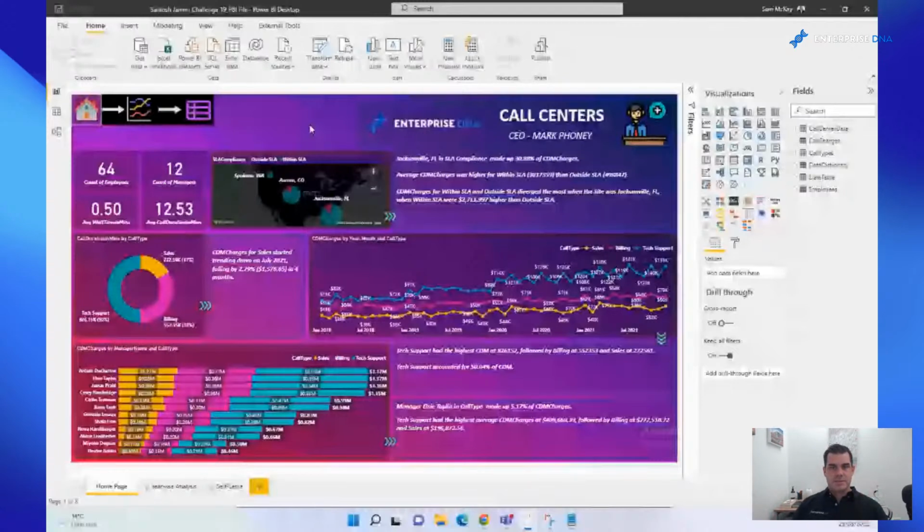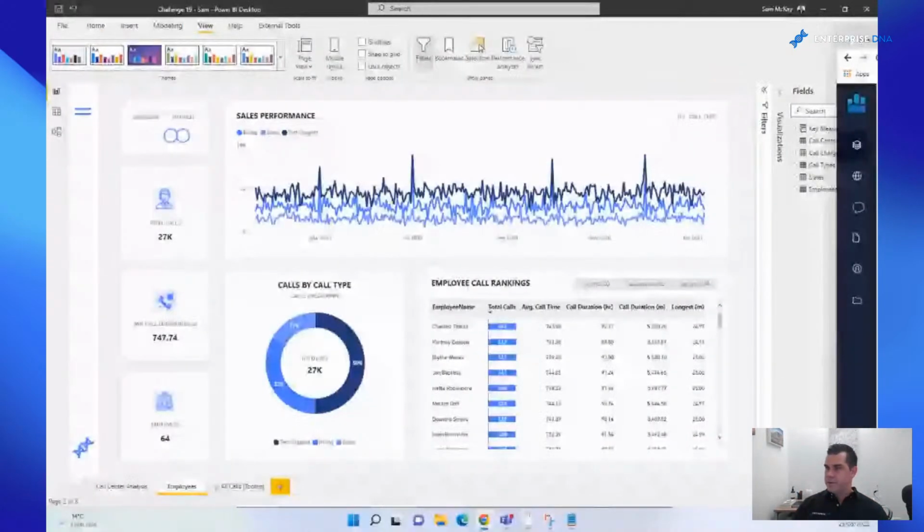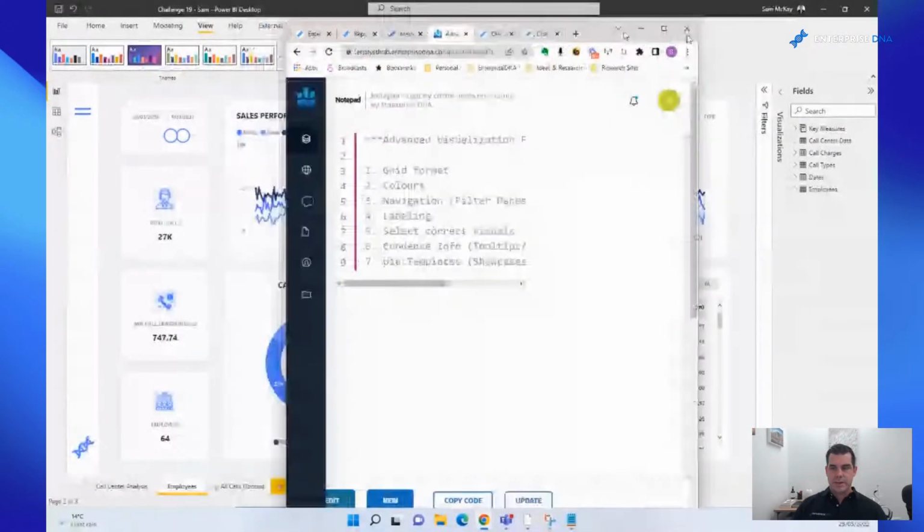Okay, I'm going to come back to some of these in a second, and we're going to go through a few ideas around how to quickly improve. There's a couple of things I would change here as well. But I think that's enough on the grid. Okay, so hopefully I've made that relatively clear in terms of how to improve. Okay, colors is my next one. So we've done grids, and now we're moving into colors. Okay, I just want to show you how to quickly do this.